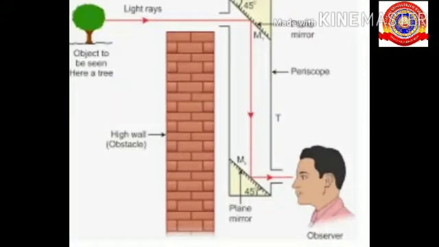Here is a picture showing a person looking through a periscope. Light rays from the tree in front of the instrument fall on mirror 1. These light rays after reflection fall on mirror 2. The light rays again undergo reflection. The reflected rays from mirror 2 reach the eyes and we are able to see the tree. A periscope can be used to view things which do not fall in our horizontal visual level.